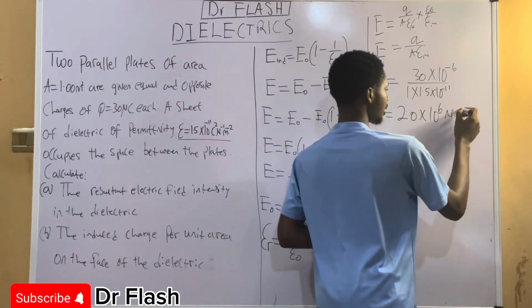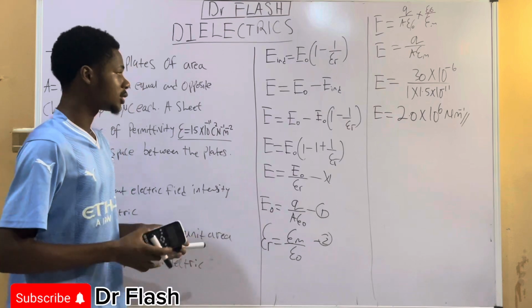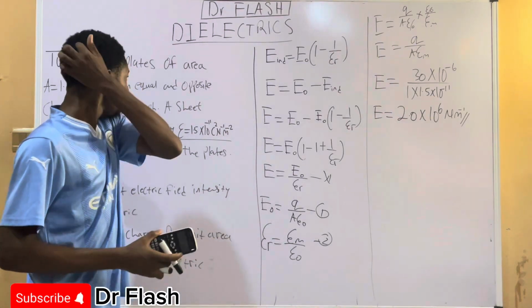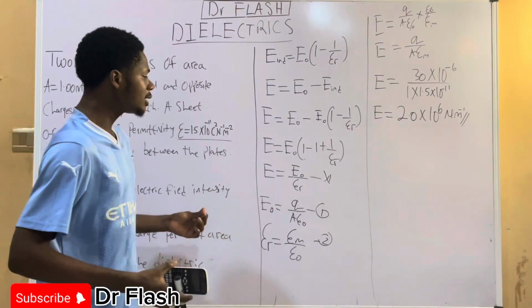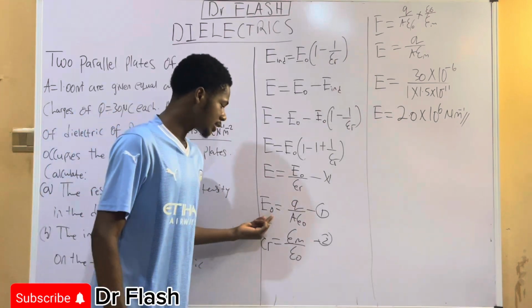Newton per meter, rather, okay? Newton per meter. Now, here is the value for the electric field intensity. So that is how a problem like this is being solved. Or you could as well take note that since we know that electric field intensity is given as this formula,